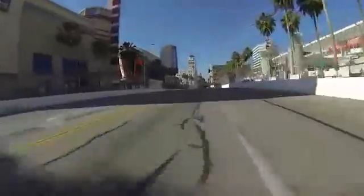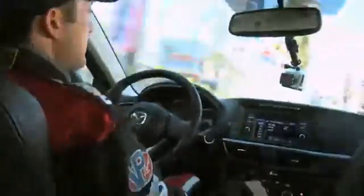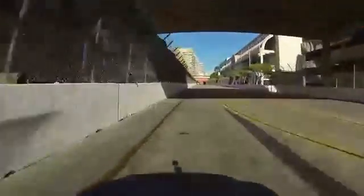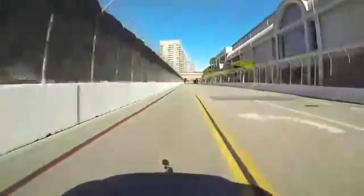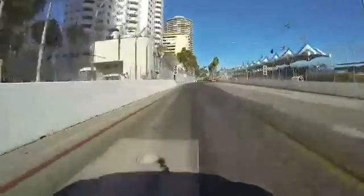And this is really where we're starting to get into a very, very fast technical section. Hard on the brakes again, turn 8, over the curb, back to power, let the car unwind all the way out to the exit. And now we've got a long, bumpy straightaway, very, very bumpy here on the street circuits in California, Long Beach, all the way up to top gear, 6th gear, before we go hard braking off the back straight into turn 9, over the apex curbing,